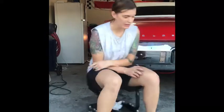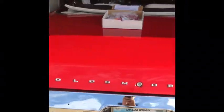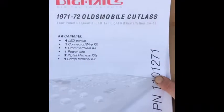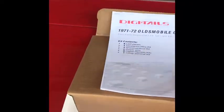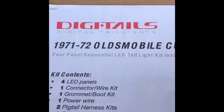Today we have a 1972 Oldsmobile Cutlass Supreme, and we're going to teach you how to do this. Alright, so we're going to install this module for the 4-panel sequence LED taillight kit. This is the guide. I guess it comes from Digitail's